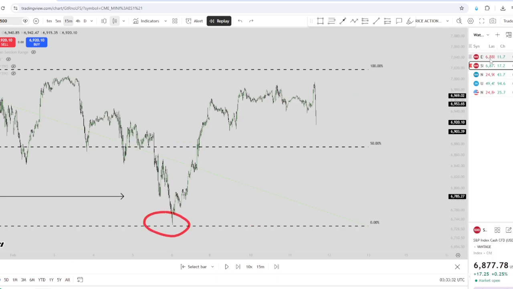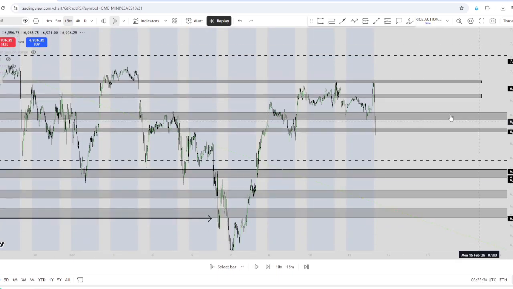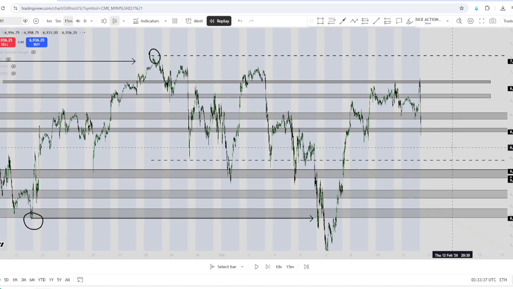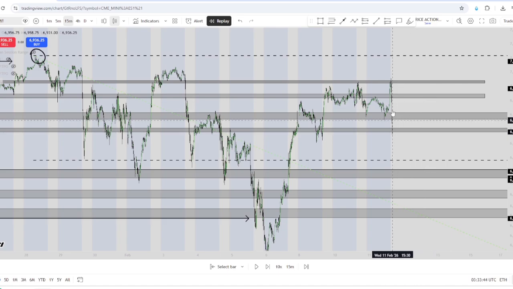So if we go back to my chart on ES where I've got my key levels defined, these are absorption levels. Sometimes I call them key levels, but I want to move away from calling them key levels. I want to call them areas of absorption. Now, there are ways